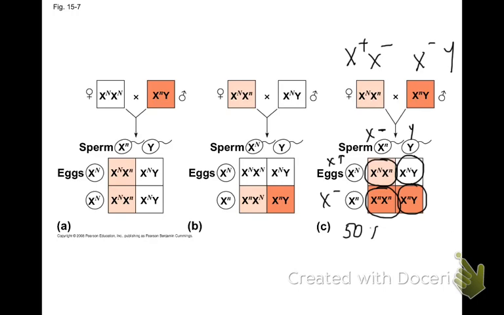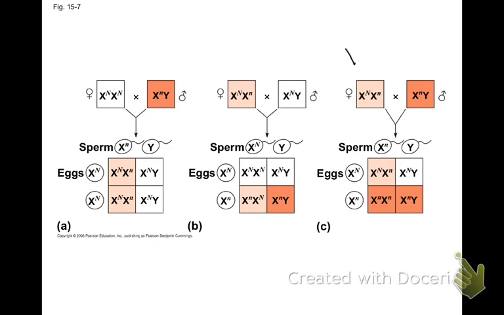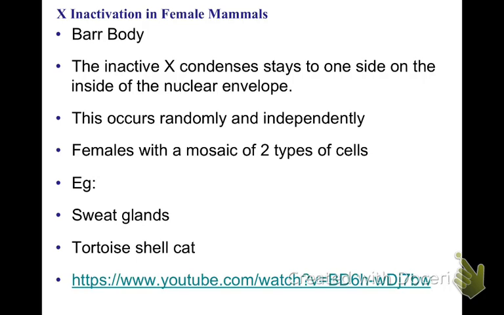So this explains the chromosomal inheritance patterns of X-linked disorders or X-linked genes. In addition to this, we have something known as X inactivation in female mammals. Now, what does that mean? It basically means females have 2 X chromosomes, so each of the cells will end up having 2 X chromosomes. We don't need 2 X chromosomes. So at a certain stage of embryonic life, certain cells inactivate one of these X chromosomes, and it stays